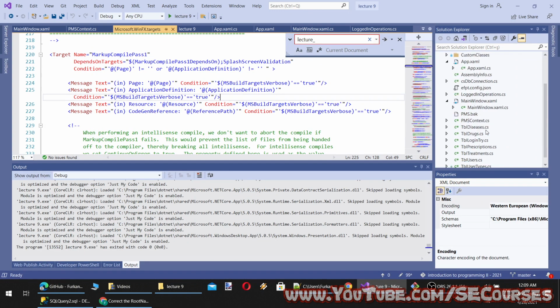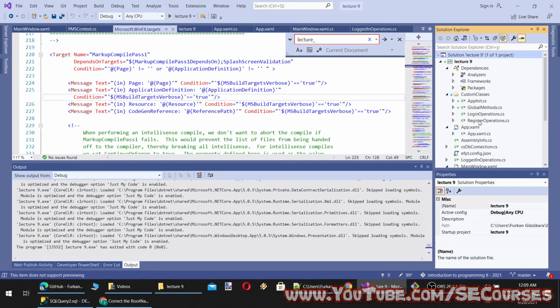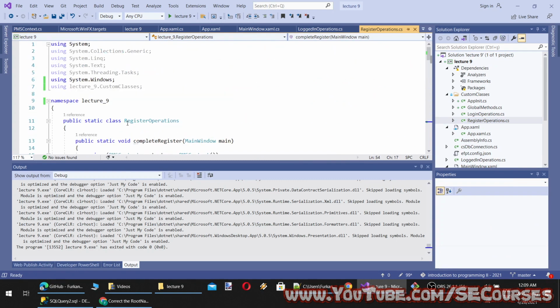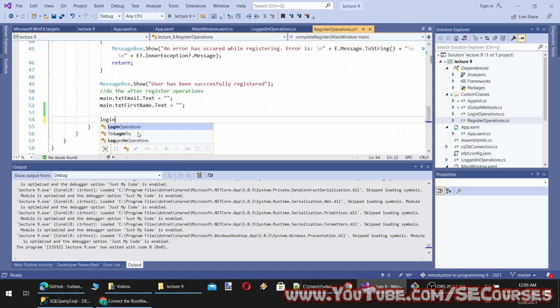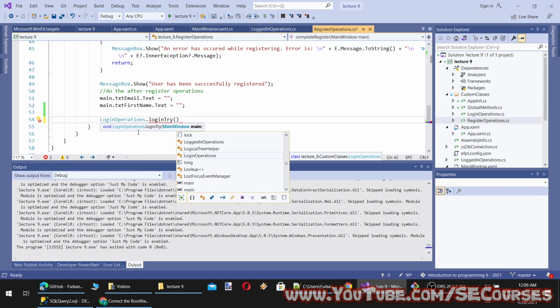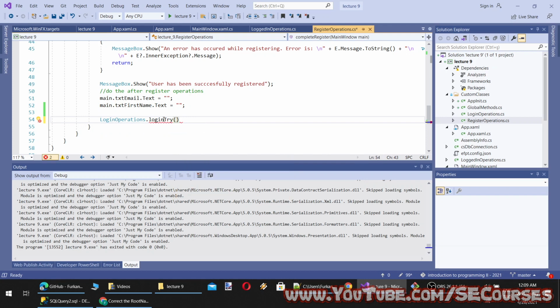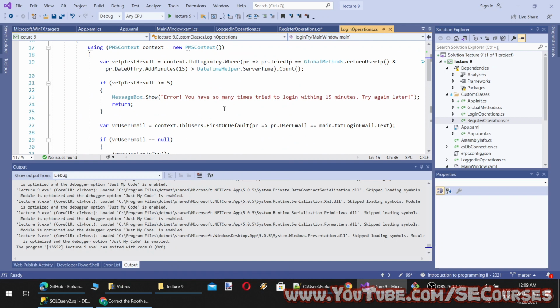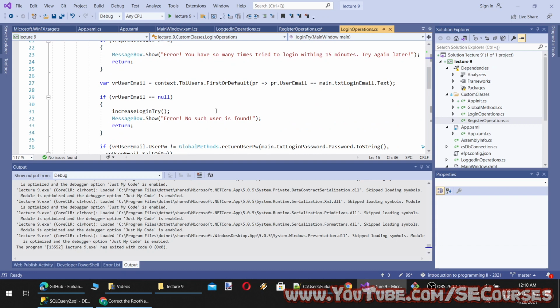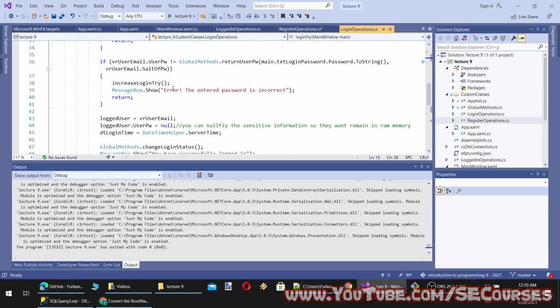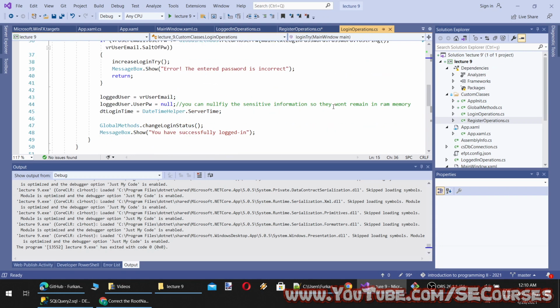Okay, we were doing registration and then automatic login. Let's continue to that. Here we have added lecture 9 custom classes, and now we will call our login operations dot login try. You see login try takes main window, main, and therefore I need something else here. Normally this is reading the values that are coming from txt login email text and then the password of the text box.